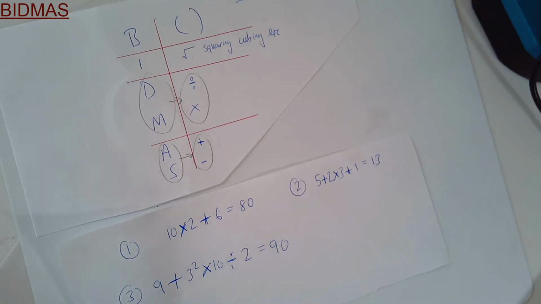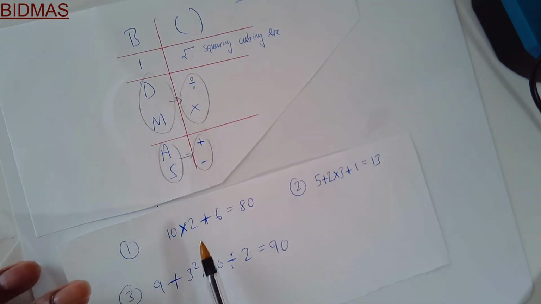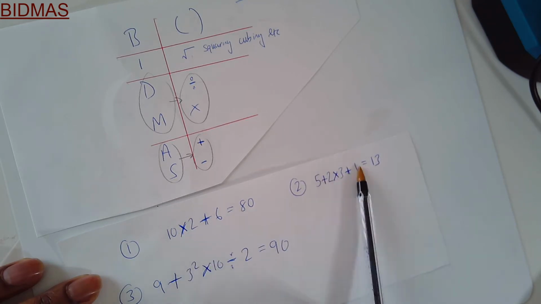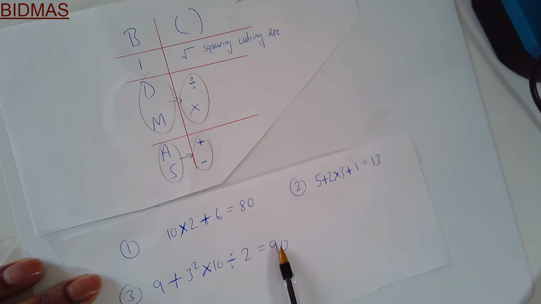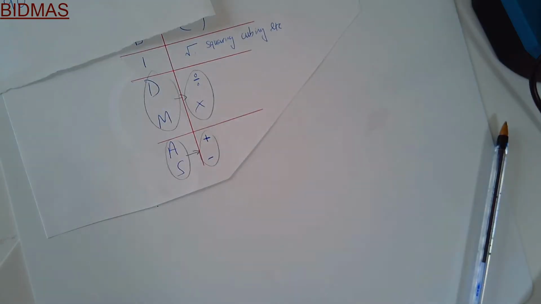This is the second part of the BIDMAS videos. We've got a number of problems here where they expect you to put the brackets in the right place to make it equal to 80, put the brackets in the right place to make it equal to 13, and so on. Now, if you were to typically do that by itself, let's say you've got